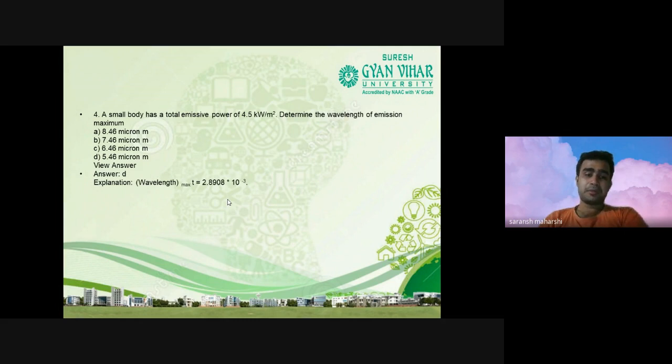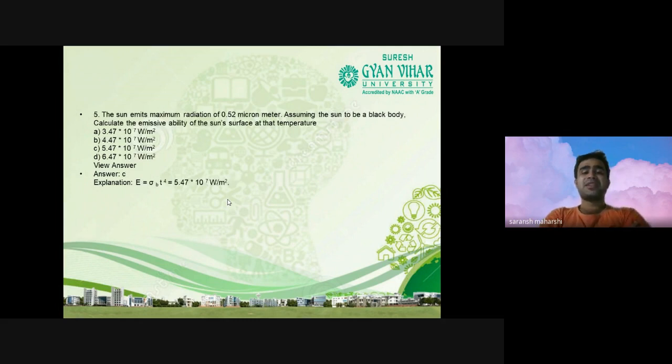The sun emits maximum radiation at 0.52 micrometer, assuming the sun to be a black body. Calculate the emissive power of the sun's surface at that temperature. Option A, 3.47 times 10 to the power 7 watt per meter square. Option B, 4.47 times 10 to the power 7 watt per meter square. Option C, 5.47 times 10 to the power 7 watt per meter square, and option D, 6.47 times 10 to the power 7 watt per meter square. So the correct answer is option C,